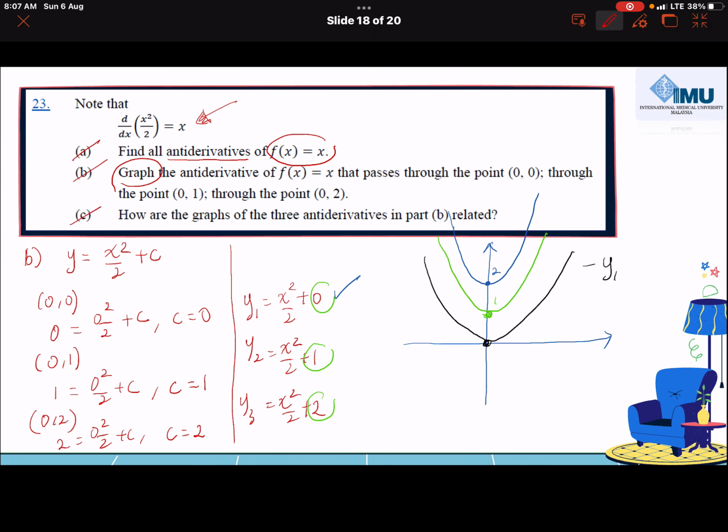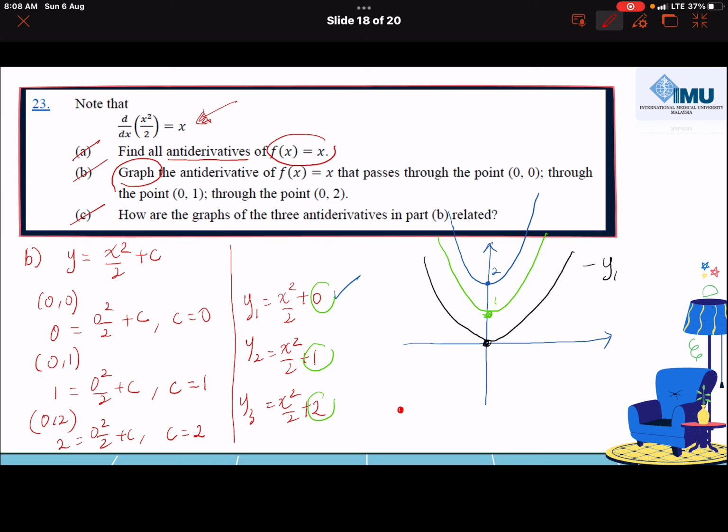Now, what is C? How are the graphs of these three antiderivatives in part B related? Yes, it is very much related. It's actually your antiderivative changing depending on the value of c, and c was obtained through the condition given. However, it's exactly the same except the y-intercept. So every time c changes, your graph will move up in your y-axis. Hence, we say that your antiderivative is having a